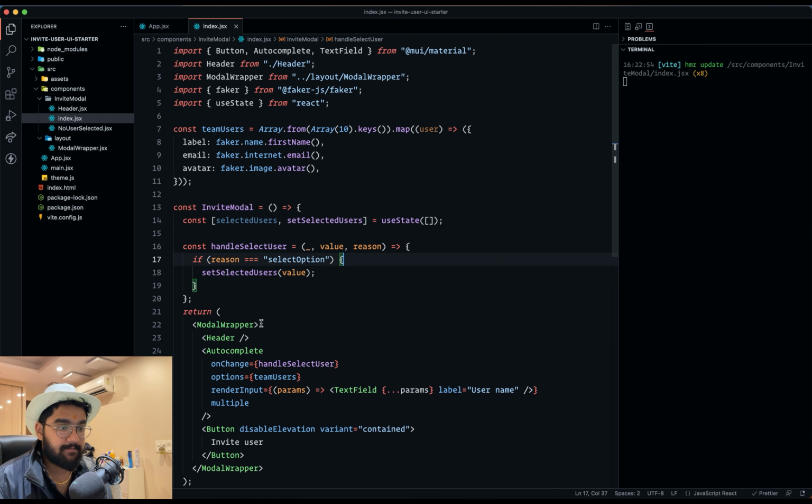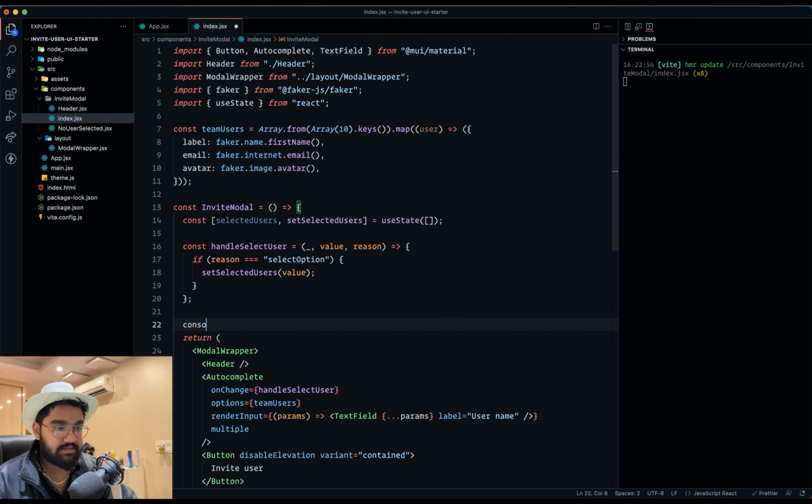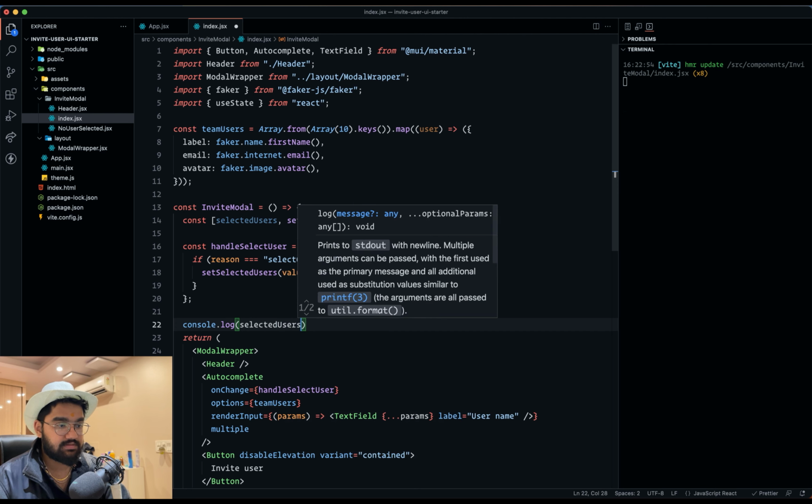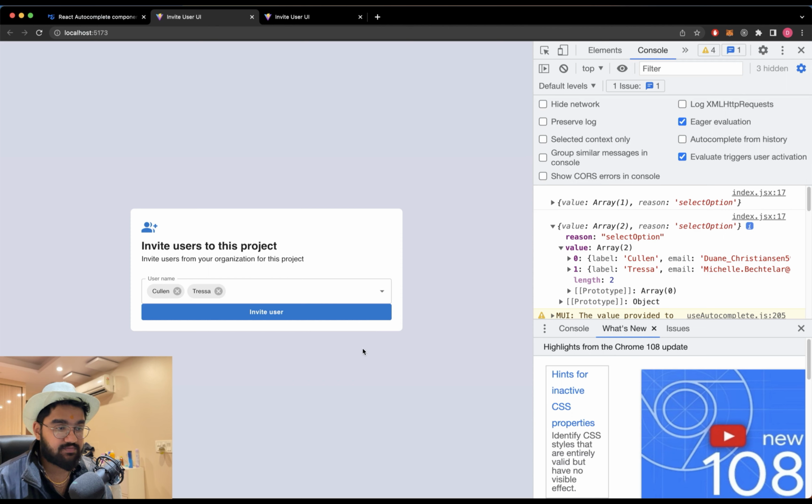So that's perfect. Now that we are doing this, let's also log the state. Let's log the selected users